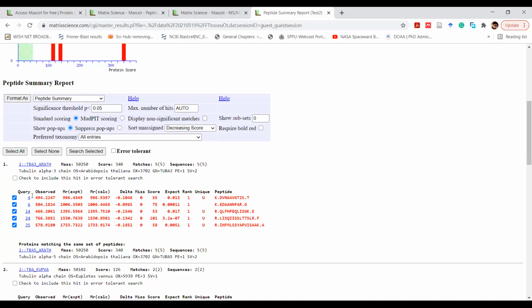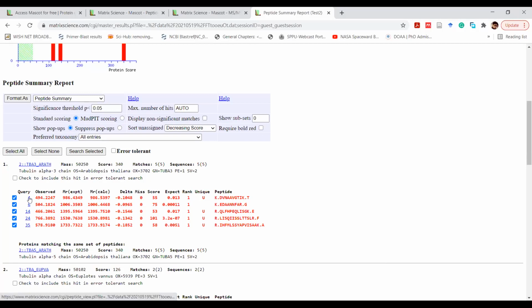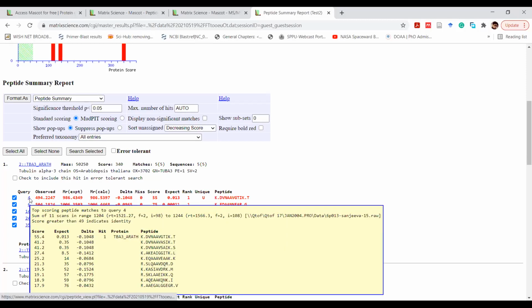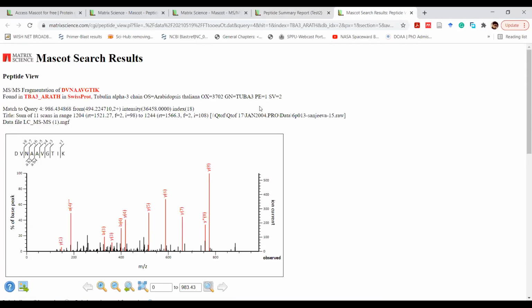So let's just for once check this first peptide. How to do that? Just below the query, there is a link in the same line with the first peptide. So you can go and open that to see how much of that peptide from the database has matched with your data, okay?